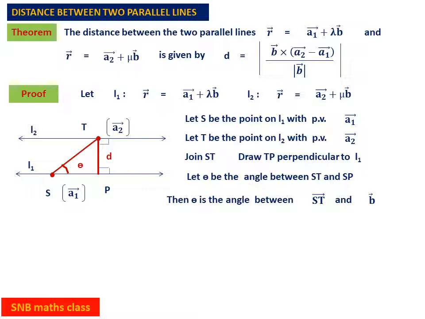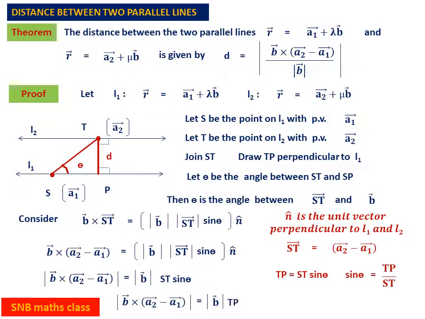Therefore, theta is the angle between the line segment ST and SP. That also means it is the angle between the vector ST and vector B. Why vector B? Because line L1 is parallel to vector B. So therefore, now consider this B cross ST. By definition it is magnitude B into magnitude ST into sine theta into unit vector N, where N is the unit vector perpendicular to both B and ST, or L1 and L2,